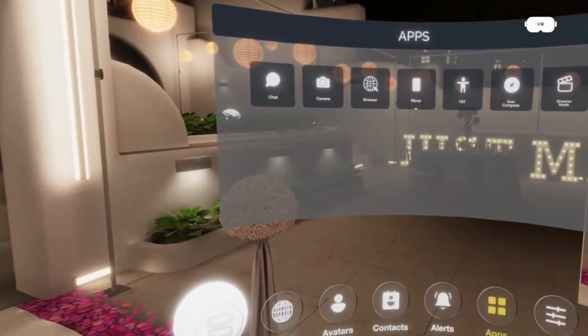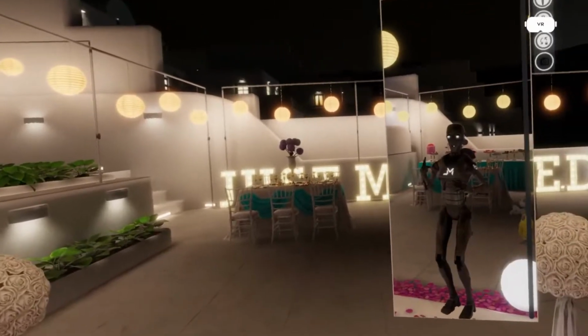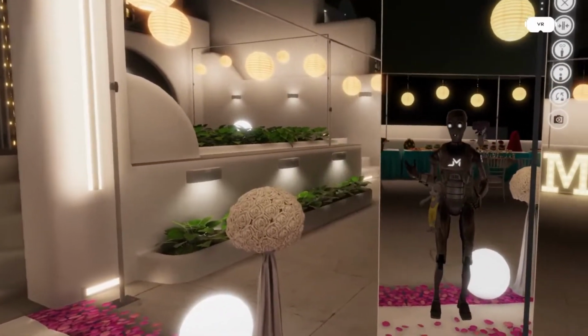We'll touch on those on another day. This is just a quick overview of us showing off